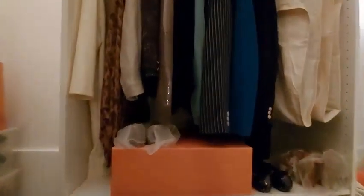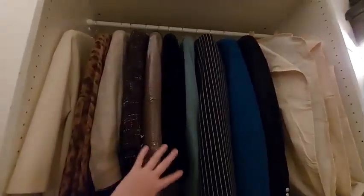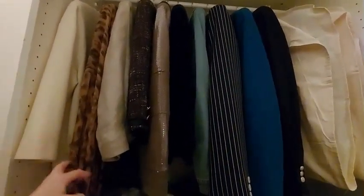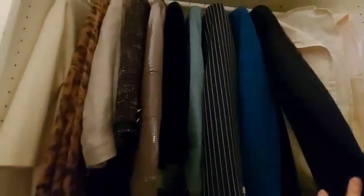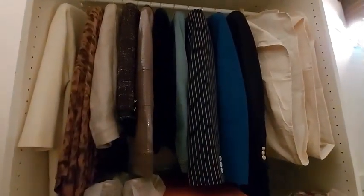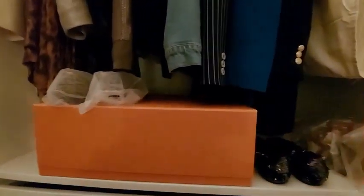This is the part that I cleaned out, so I can actually see things. And everything here, I have only used this one and this one. So I have a bunch of new clothes I never ever seen before that I can start to use. And here is a wonderful jacket and sailor style, and here we have short jacket. And this part was filled with the earrings and headbands and everything, but now I cleaned out and I can actually put my hand in here. Before I couldn't. And down here I have just a couple of boots I decided to keep,